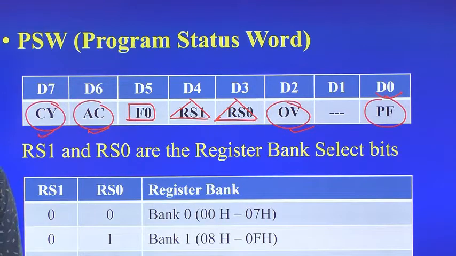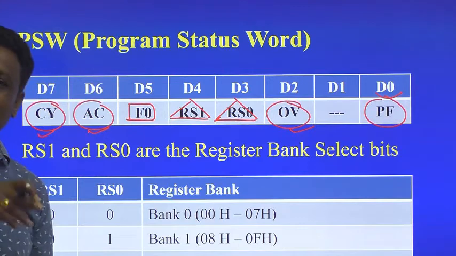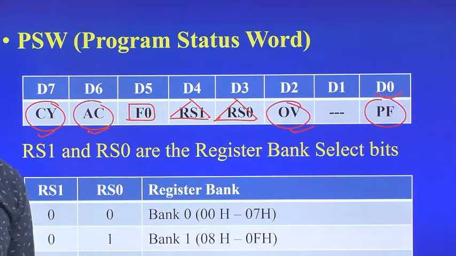The parity flag PF is set to 1 when the result contains an even number of 1s, or the accumulator contains an even number of 1s. The reason for this is that after any arithmetic or logical operation by the ALU, the result goes to register A itself. That's why the parity flag PF is set to 1 when the result has an even number of 1s, or accumulator register A contains an even number of 1s.